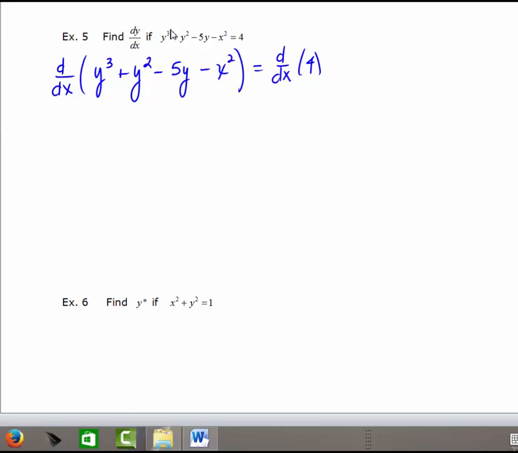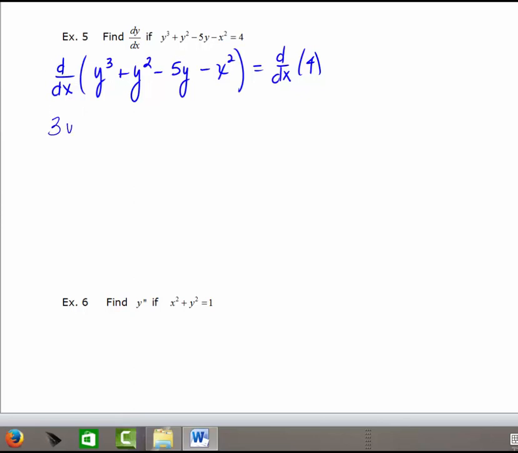Alright, in this example we're going to find the first derivative of y with respect to x, and step one of implicit differentiation is to take the derivative of each side. And so I'm going to take d/dx of the left hand side and d/dx of the right hand side. The derivative of y cubed